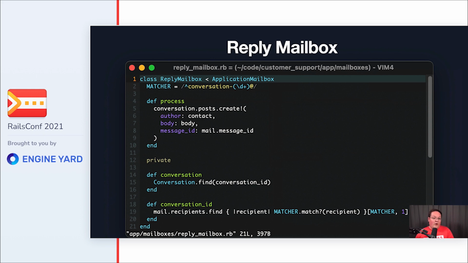Which it will, because we already got here. ActionMailbox already used that. So we'll find that recipient, and then we can use the square brackets with the regex and grab the first capture group. And that's what the square brackets at the end of line 19 are doing. So it's grabbing the /d plus out of the regex, which is the number, the ID of our conversation. Then it goes back up to line 15, finds it in our database, and then continues on